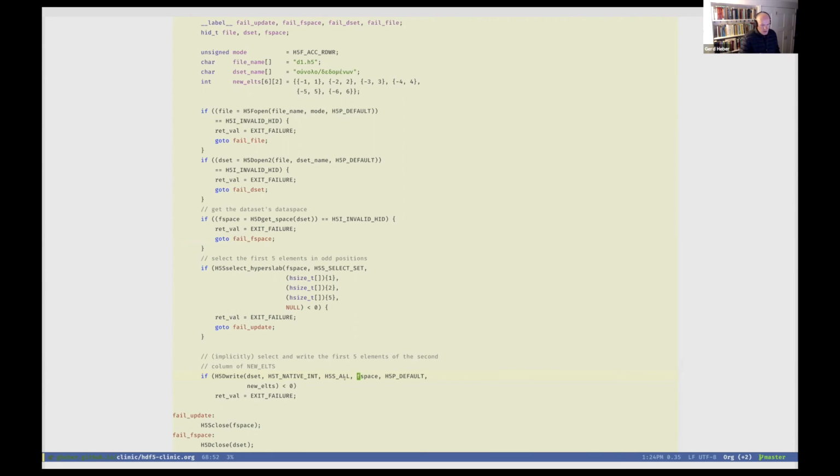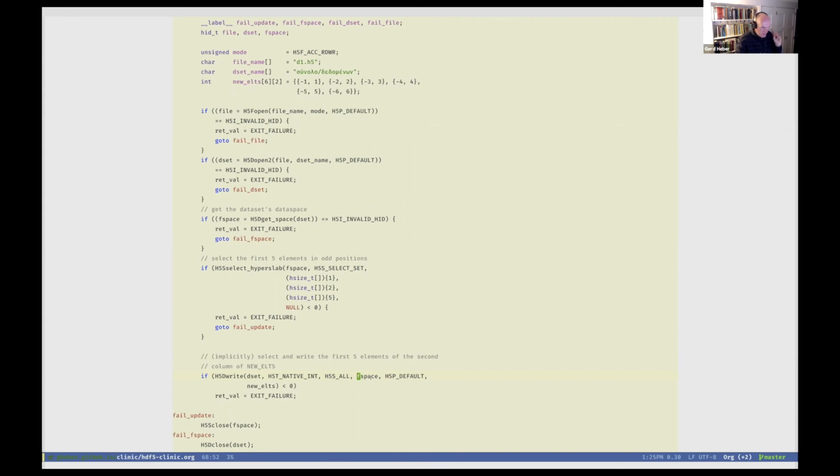So what this tells the HDF5 library is pretty much, whatever is in memory space, use the same sequencing, in the sense of where you start, how you stride it, how many you write, and then the block size, which in this case is just 1. But this is what this means. So if I put H5S_ALL here and the file space here, the library will assume, first of all, that in memory, I have at least as many elements as I'm selecting here.